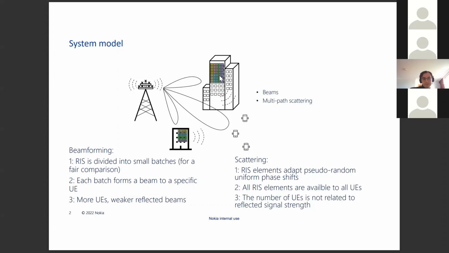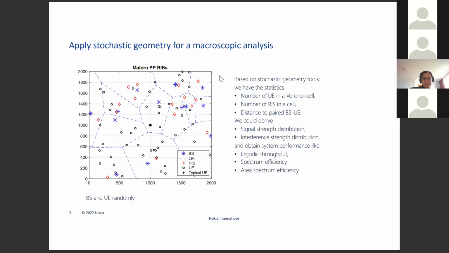We find that in some cases, for example if there is a very good line of sight condition, we use beamforming. But if there are obstacles that create a scattering environment, then if we configure the RIS as a scatterer, we can increase the energy level of the scattered signal. The final objective is to apply stochastic geometry to study this system at a system level, in a very big area with plenty of base stations, plenty of users, and a lot of RISs.